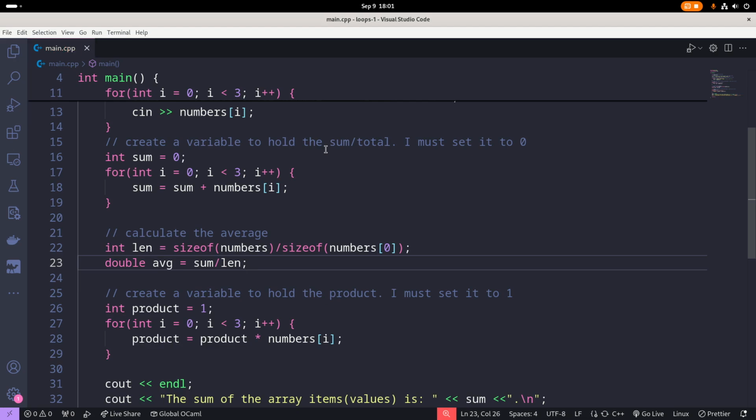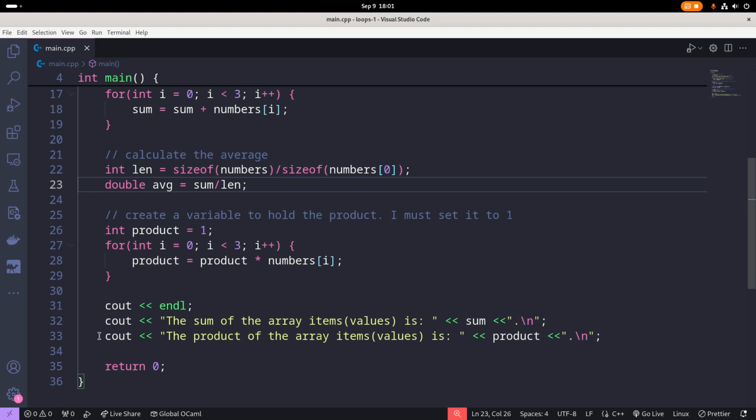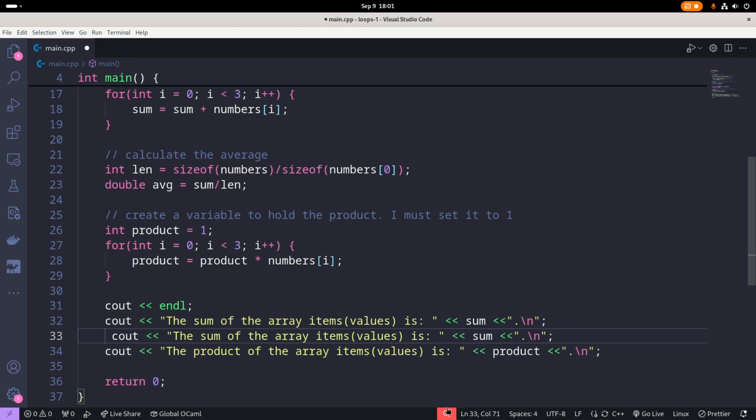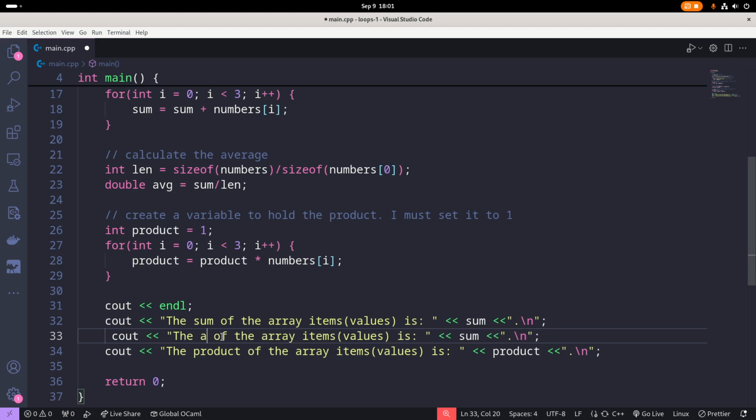It can't be easier than that. And now I'll come down here and print the average of the array items is